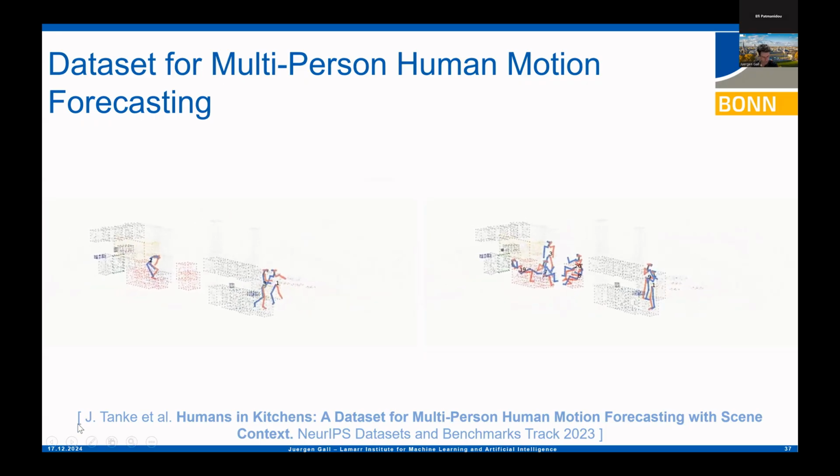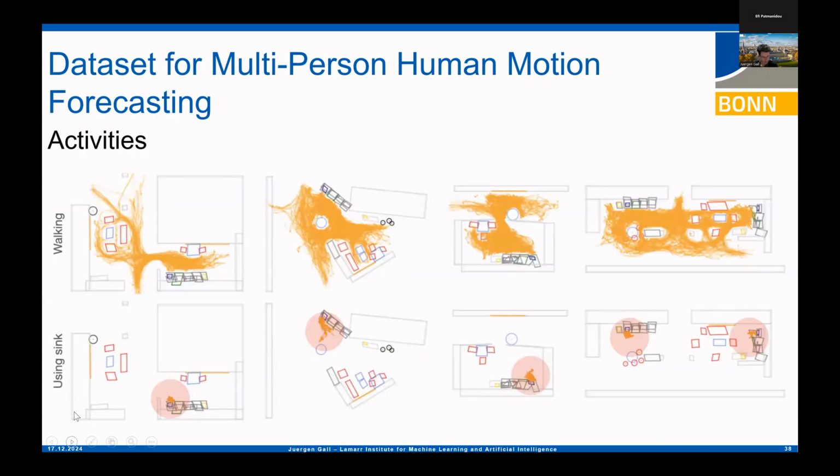So we also have additional information. We not only have the 3D poses and the 3D environment, we also have the activities. So you can now visualize from a top view, for instance, you can query where the person has been when they were walking, which obviously is whenever you go from place A to B. And then you see the yellow lines give an overview of where persons moved inside of the kitchen.